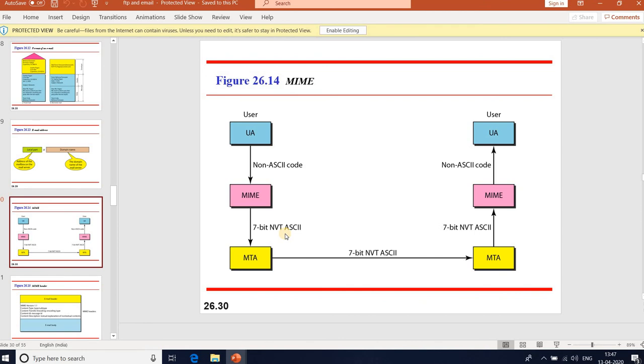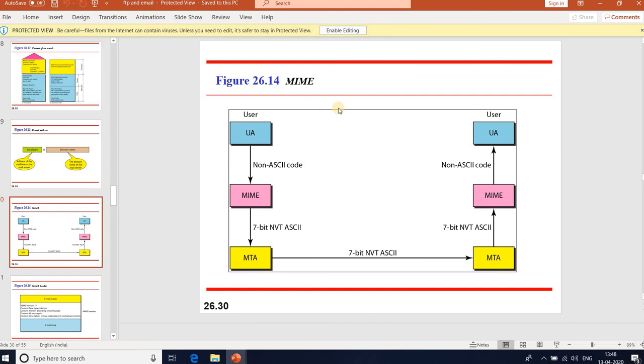But MIME, Multipurpose Internet Mail Extensions, can send binary files as well as video and audio files. It's a supplementary protocol that allows non-ASCII data to be sent through email.